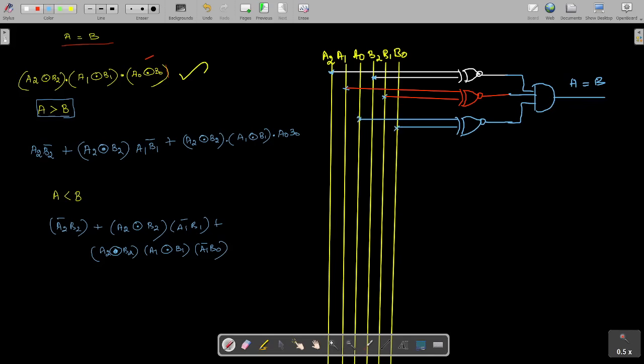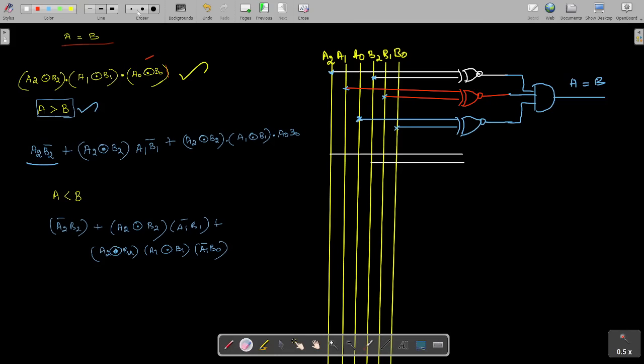Then we go and check the second condition. For that we'll implement. So the second condition is A is greater than B. For A is greater than B, the first term is A2 B2 bar. So A2 B2 bar we will implement. This is A2. From here we take the line A2, then B2 bar. So we take the connection from here.